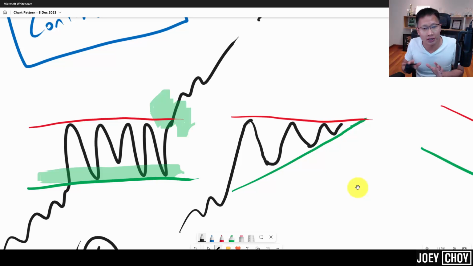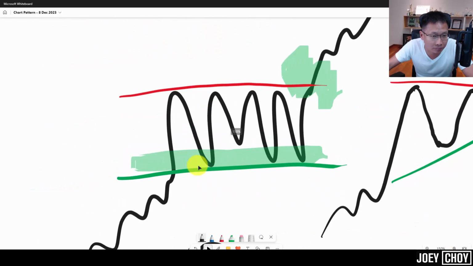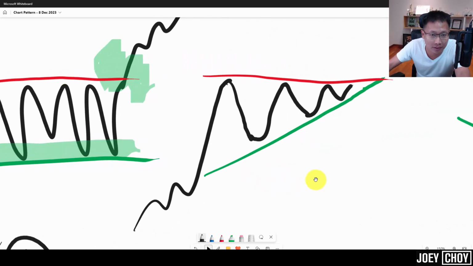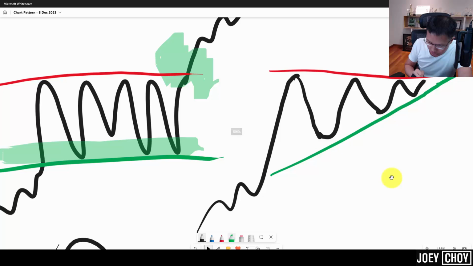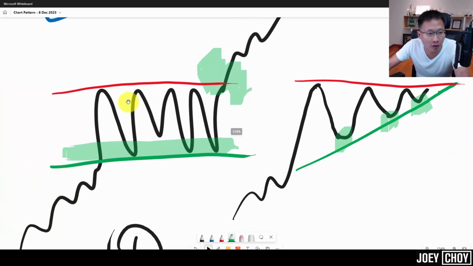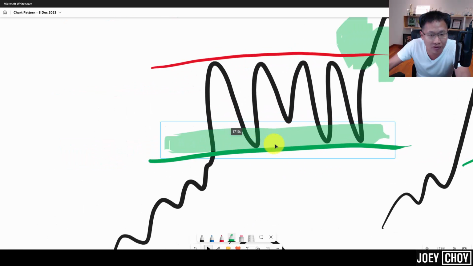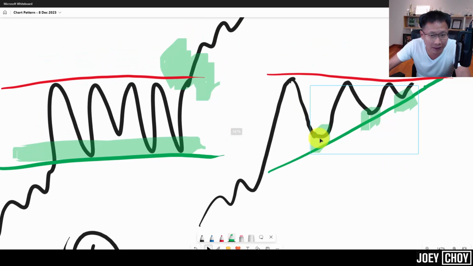So this is quite good, because you can see that this is slightly different from this, whereby the support is the same, and each time it trades back down, it goes pretty much to that same support level. Nothing wrong with it, right? But in the ascending triangle pattern, you can see that the support actually got higher each time. That means when we sold off, we did not go back down to the previous same support level. We actually just sold down a little bit, and buyers came back and pushed prices back up all the way again, well, to the same